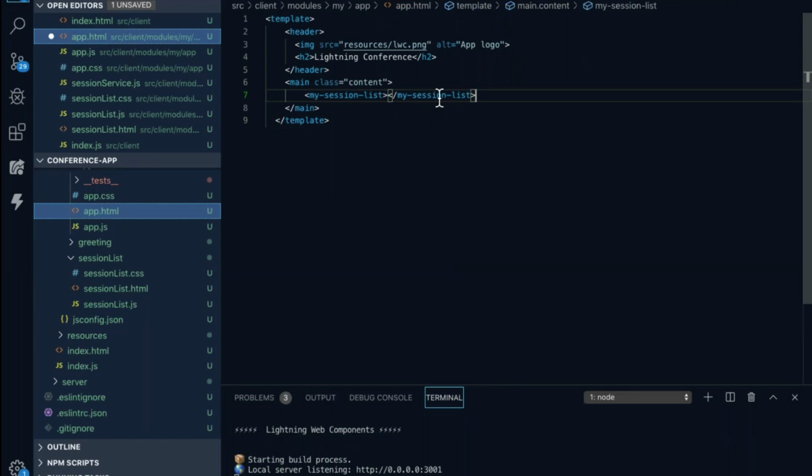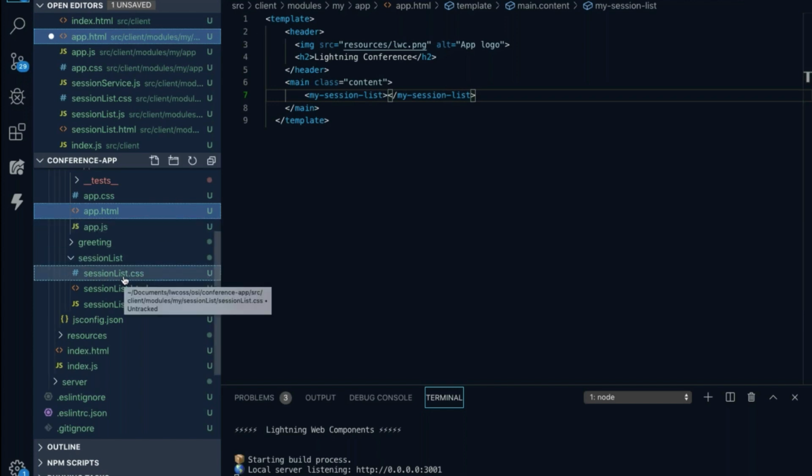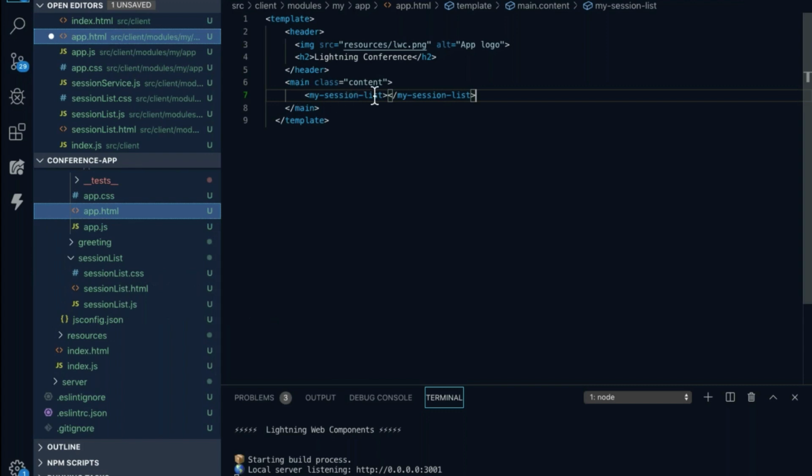Now you'll notice that I added a tag, but I added a tag with a different name. So how will you know how to add a tag? I create a web component with the name sessionList. I use the camel case here where first letter is small and there are some capital letters. In order to use it as a web component, you'll have to use it in a kebab case, which means